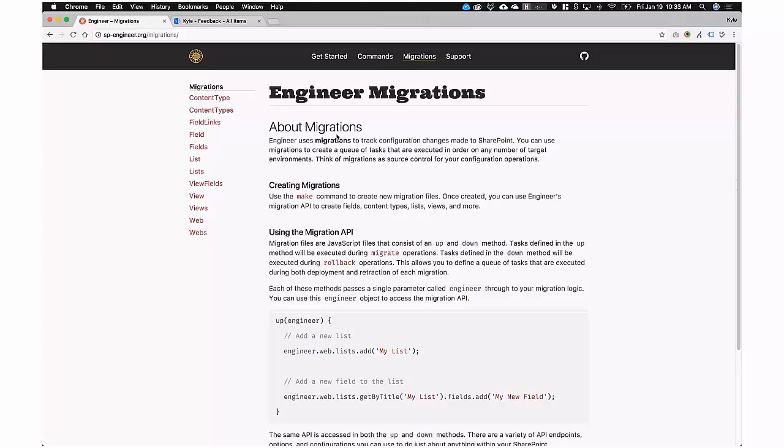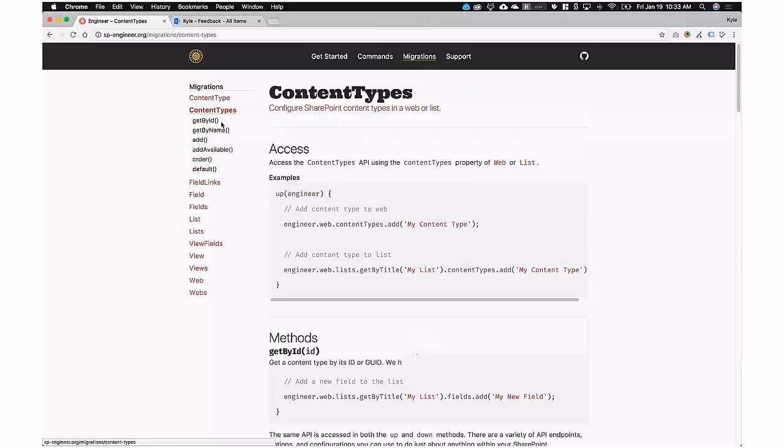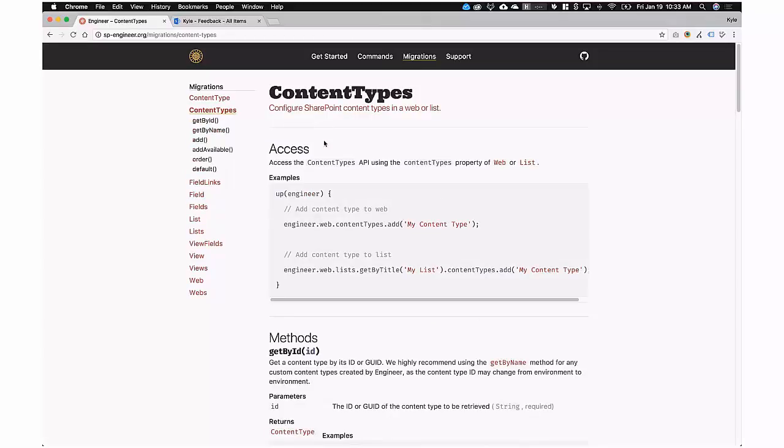So we showed you a couple of real simple examples, but also one of the things that Engineer does is, for example, with content types, admittedly, the REST API in SharePoint has some limitations when it comes to content types. For example, you can't really pass in an ID when you're creating a content type. It kind of generates a random one every time you create one in the REST API, and that can be